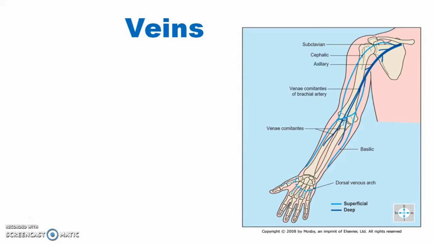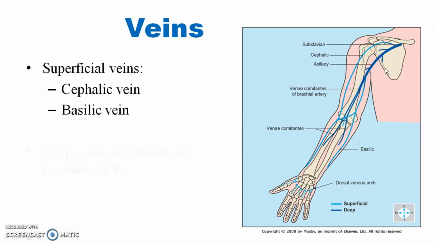So this is the image, where we will cover the arm region alone now. So this is the arm region. We will have the cephalic vein and basilic vein, which continues as the axillary vein, and this basilic vein along with venae comitantes on either side of the brachial artery is going to join, and then form the axillary vein. This thing you have to remember, these veins are nothing but venae comitantes along the way of the brachial artery, which join with a vein called the basilic vein. Then after these three veins together join, they form an important vein called the axillary vein. So that's all about the venous system present in the arm region.